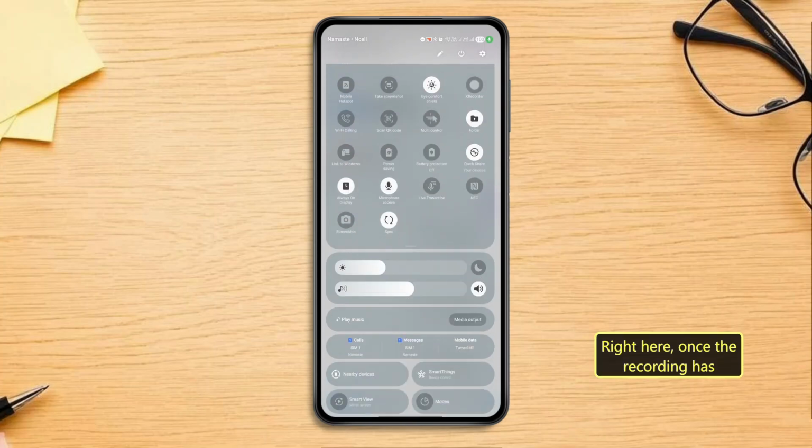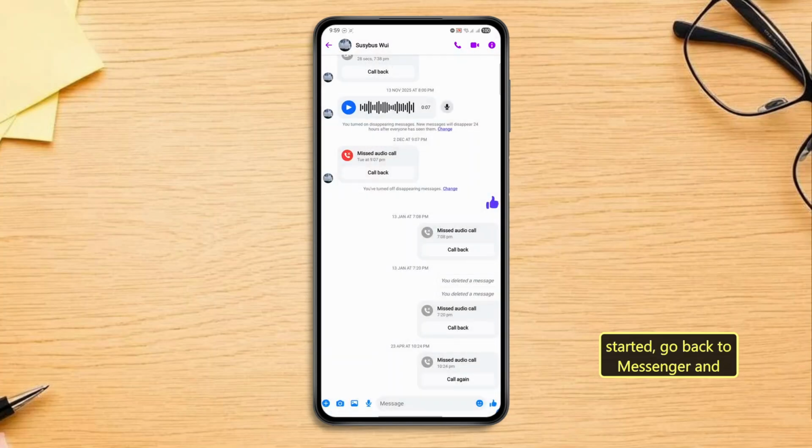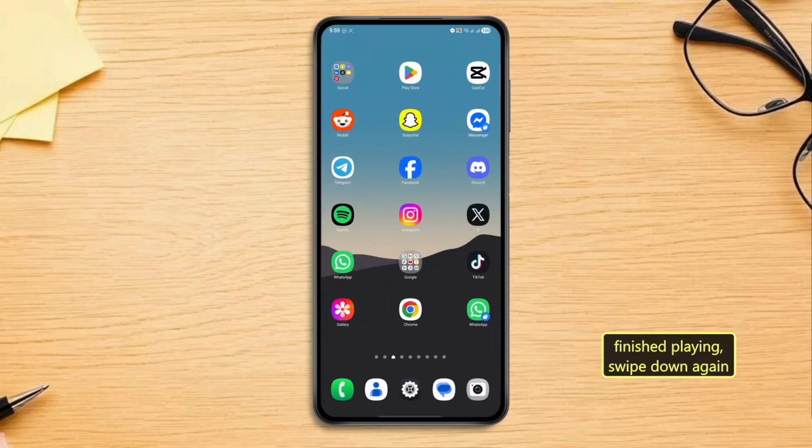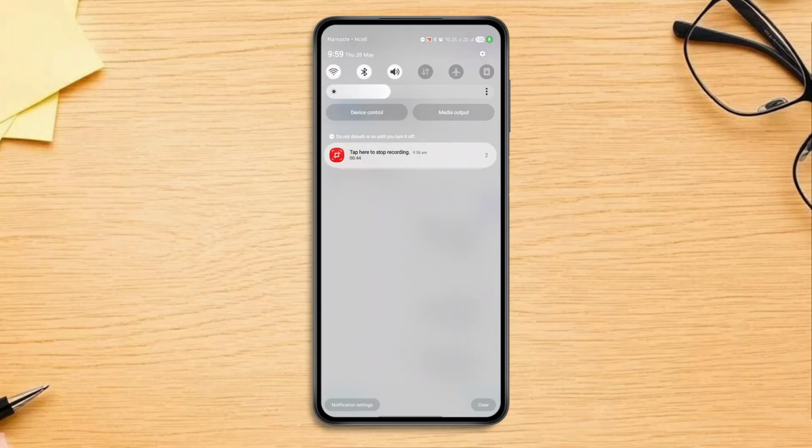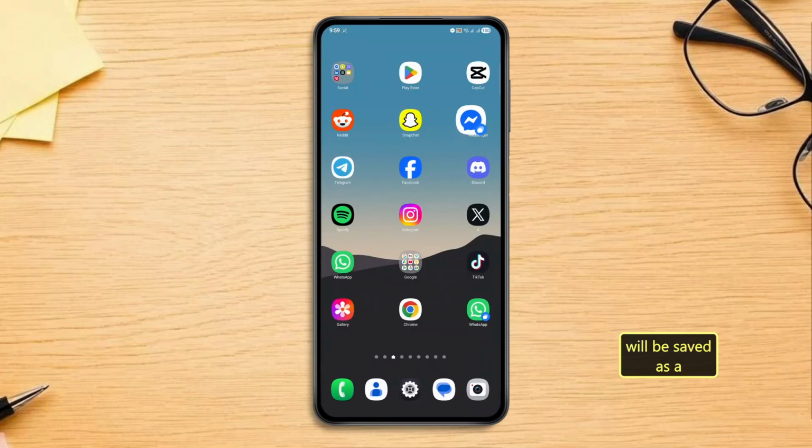Right here, once the recording has started, go back to Messenger and play the voice message so it gets captured in the recording. Next up, once the voice message has finished playing, swipe down again and tap Stop to end the screen recording. Moving on, your screen recording will be saved as a video file in your gallery, but since